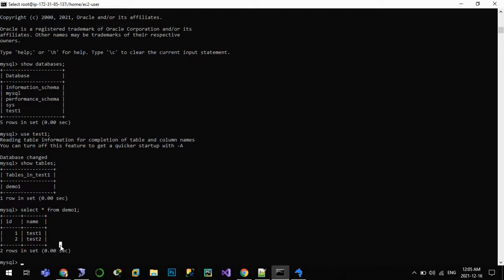So in this tutorial, we learned how to create a database in the cloud and how to connect to it using